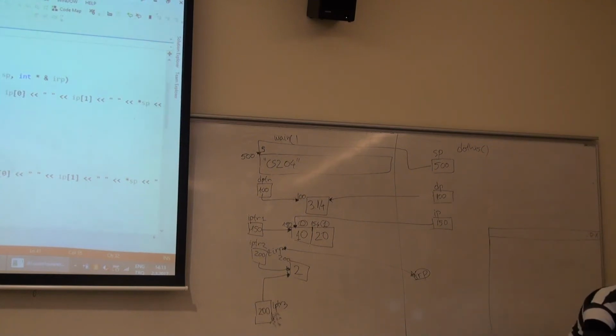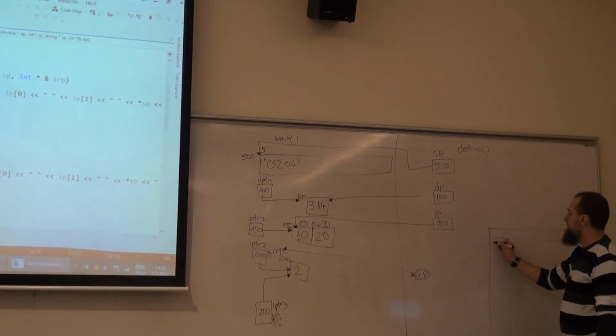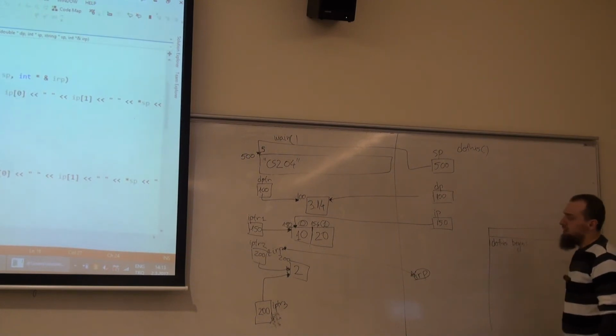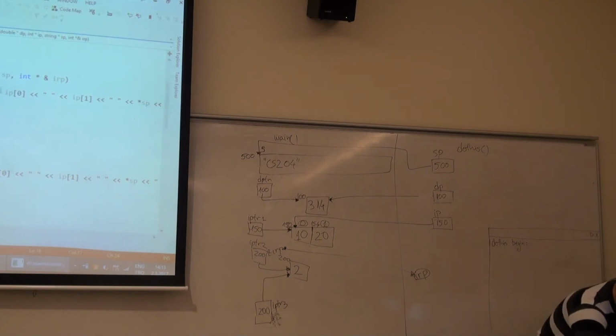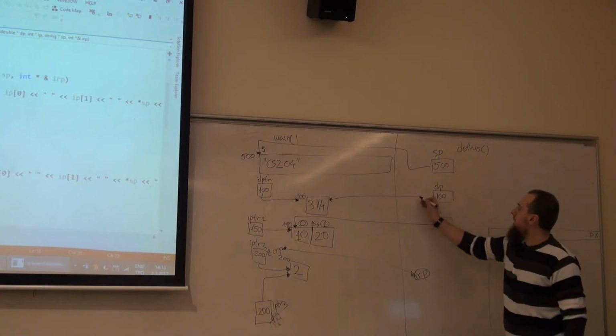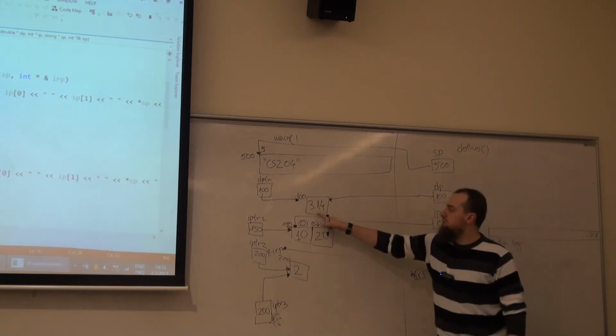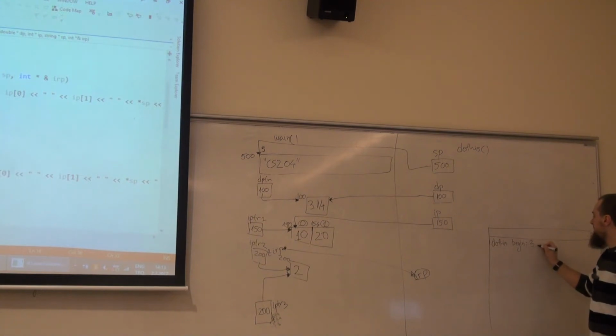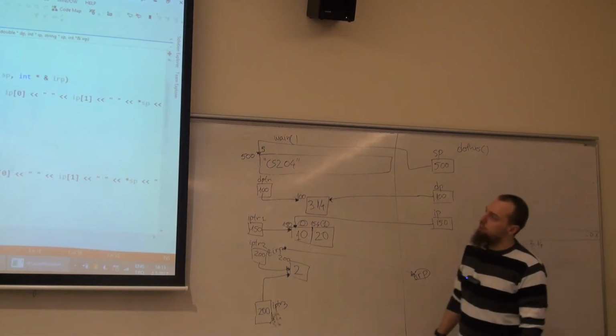So we print "do this begin." And what are we printing now? We are printing start DP. So DP is this guy. We are printing the value to which it is pointing, and it's 3.14, okay? So this is 3.14. Then we are printing